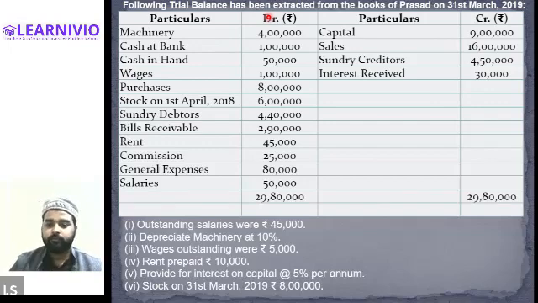Okay. So interest provided is an expense. Got it? Interest that we have provided is an expense. So first of all, we will write down the interest that has been provided in the profit and loss account. On 9 lakh, we will calculate 5%. That will be shown in the profit and loss account, number one. Then, because we have paid interest on capital, the same amount will be reduced from the value of the capital in the balance sheet.